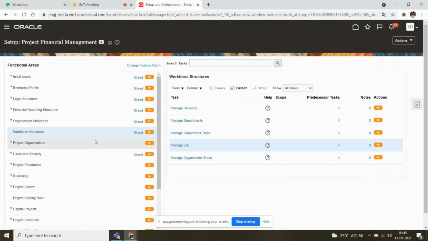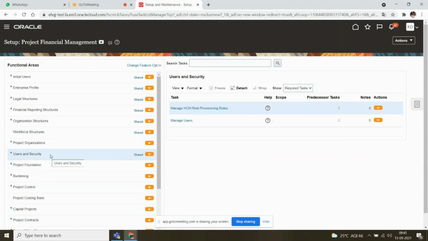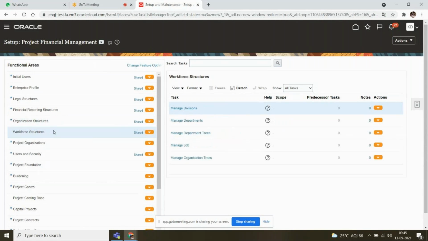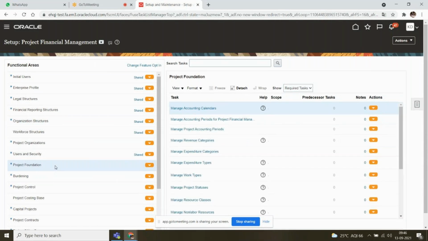Okay, good. So I think we have almost covered everything till users and security, right? And also try to remember the tasks that are completely relevant to the projects. If you try to remember even other tasks, that is well and good. For example, under workforce structure, I'm having divisions, which is not very important for me, as a PPM consultant. So try to remember the project related tasks, because under shared,